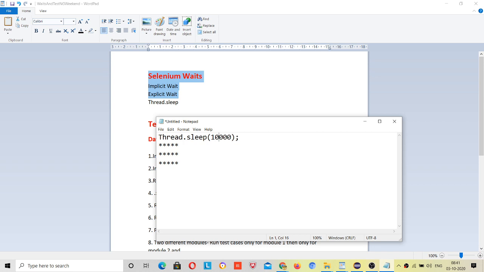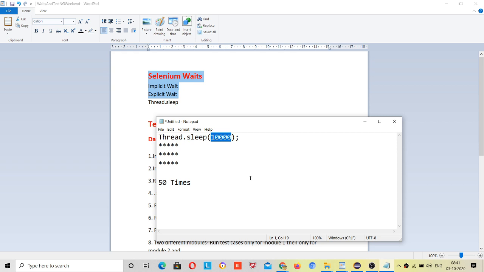But suppose inside your script you have used this 50 times, and every time you provide 10 seconds. Running the script will take too much time, 10 seconds multiplied by 50.